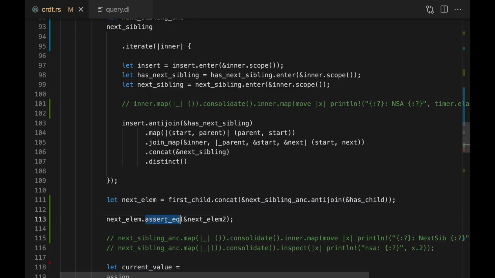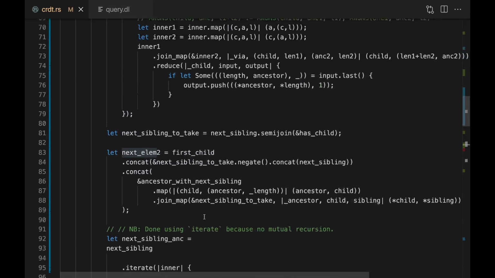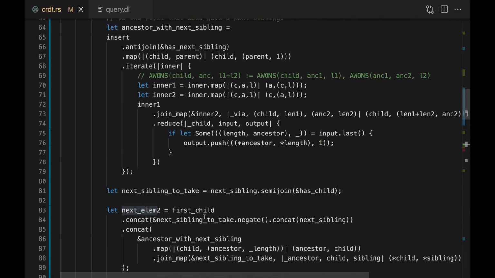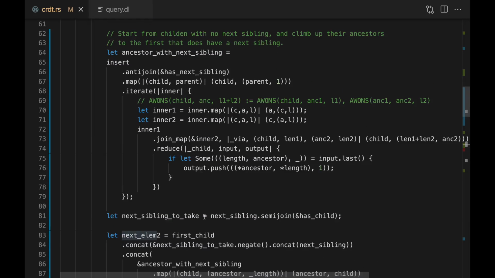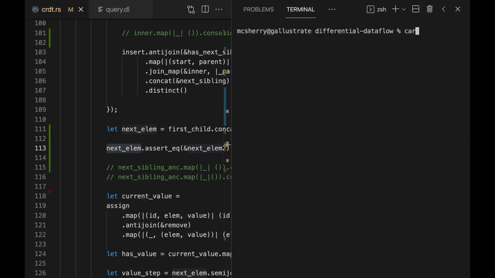So this, unless it's a different method, we'll have to see. There's a method on differential dataflow things that asserts that two collections are equal by essentially consolidating them. That's subtracting one from the other, consolidating it, and making sure that there is never a diff between the two. It should be pretty noisy if they're ever not exactly the same. So let's see if this